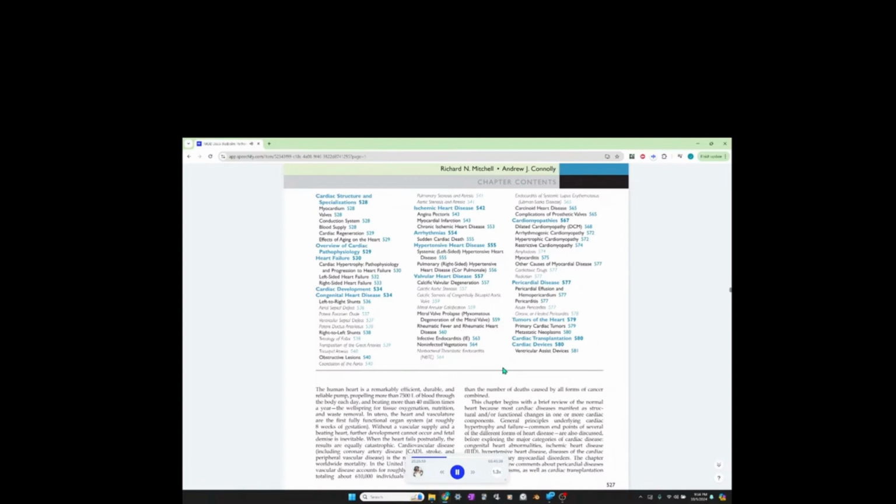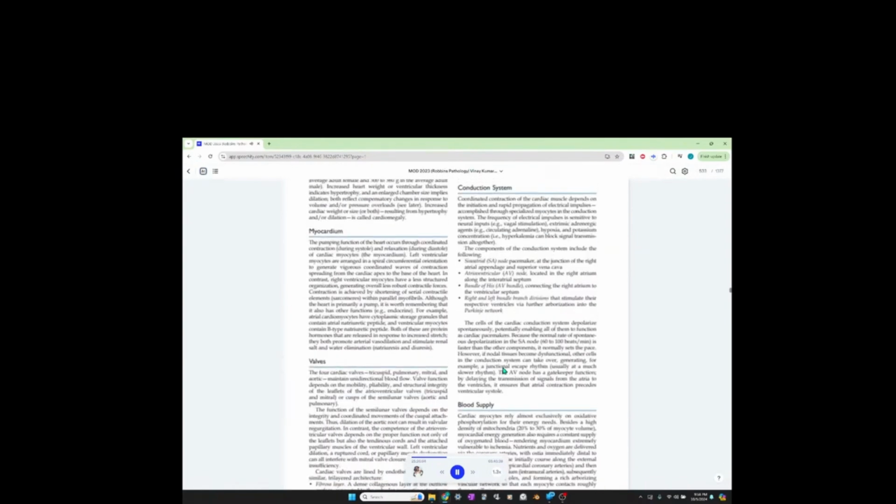Conduction system. Coordinated contraction of the cardiac muscle depends on the initiation and rapid propagation of electrical impulses, accomplished through specialized myocytes in the conduction system. The frequency of electrical impulses is